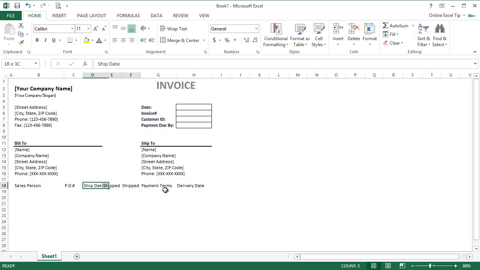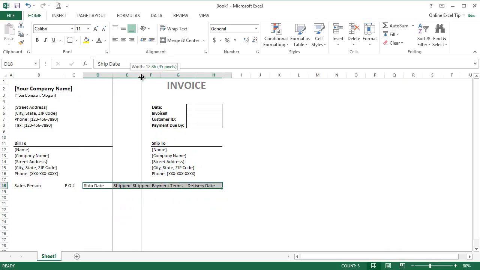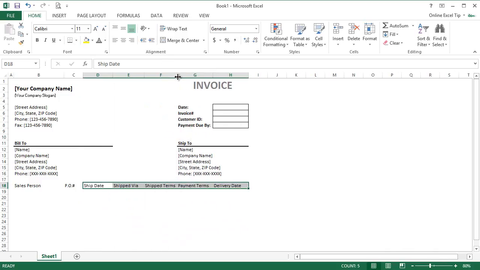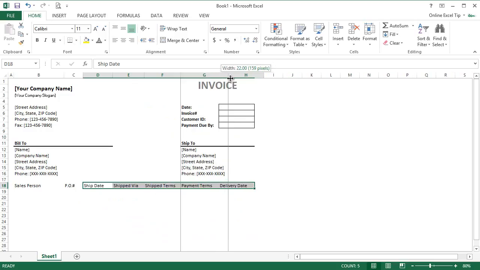Let me increase the width of these columns so that you can see the headings easily.